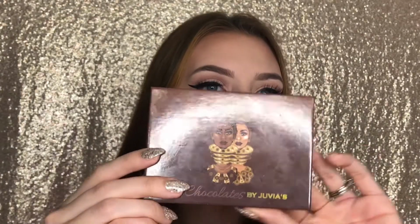These eyeshadow palettes are not going to be in any specific order, and I'm not going to be ranking them. I'm just going to be showing you guys my personal opinion of my favorite eyeshadow looks that I think are perfect for fall time. Okay, so the first palette I'm going to be showing you guys is the Juvia's Place